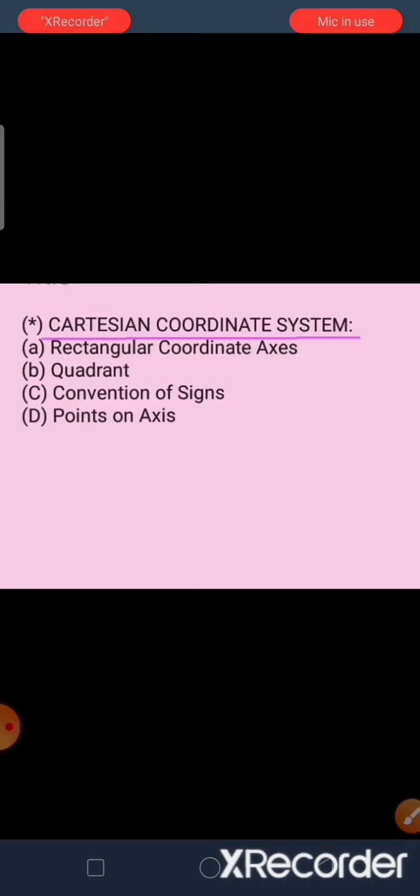In this topic, we study 4 subtopics. First topic is rectangular coordinate axis. In this, we study about the axis. Second, quadrant. In this topic, we study about the quadrants in the plane. Third topic is convention of sign, how to put signs in our graph, and the last topic is point on axis. In this topic we study how we put a point on an axis and what a point on axis is. So the first topic is